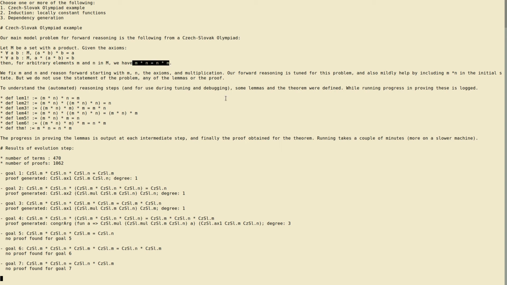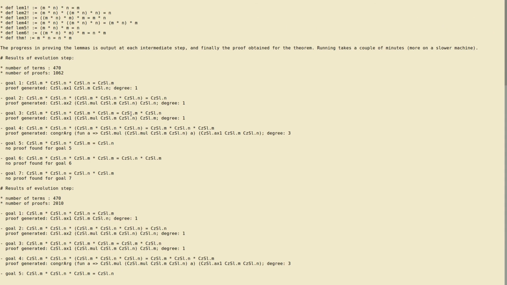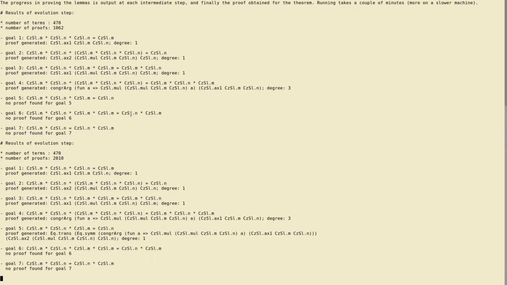So we are going to follow this, and to follow this we will define these with exclamations to emphasize a statement, not a proof. We define the statements of a bunch of lemmas which will be the steps in a proof of this result. Now what you'll see is that as you go from lemma 1, 2, 3, 4, they are getting more complicated than the hypothesis, and then lemma 5 simplifies. Lemma 6 gets more complicated again, and then the theorem is simpler. Okay, and that's what makes this a challenging problem.